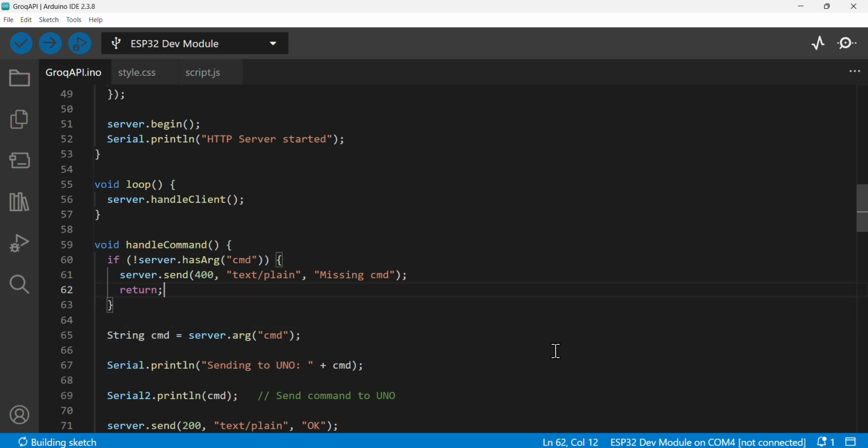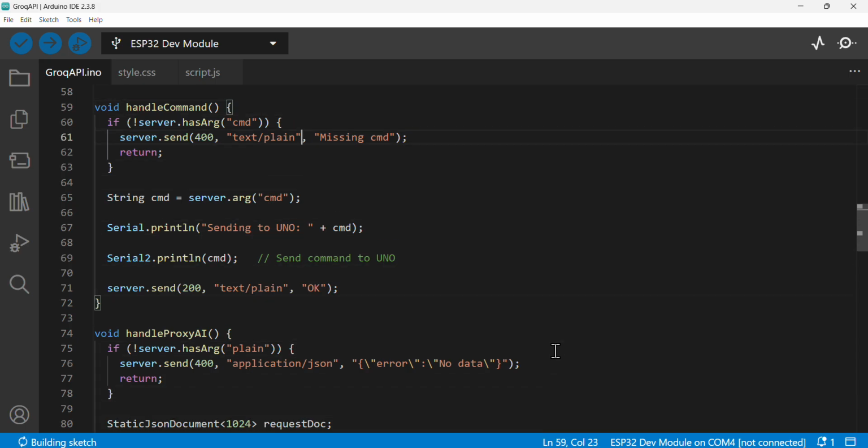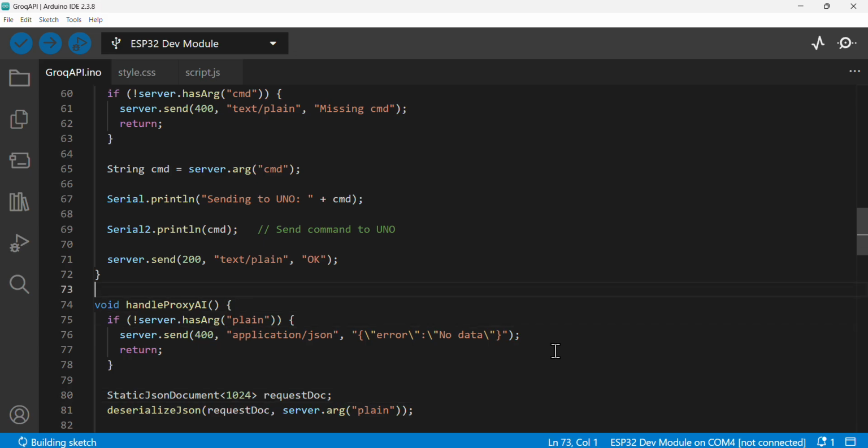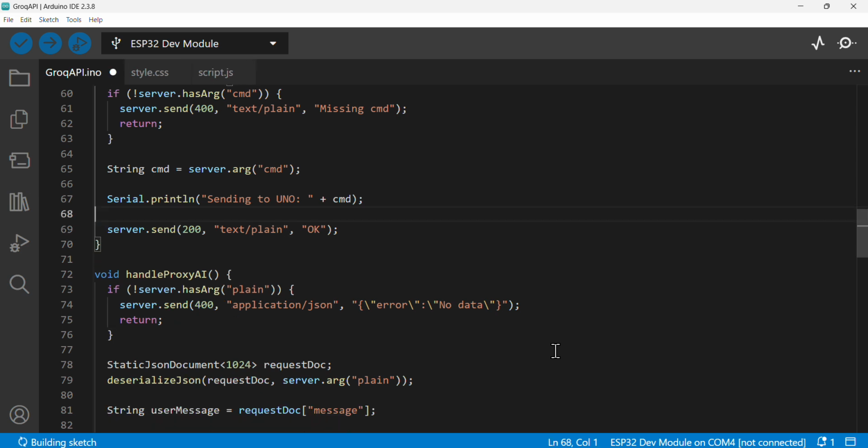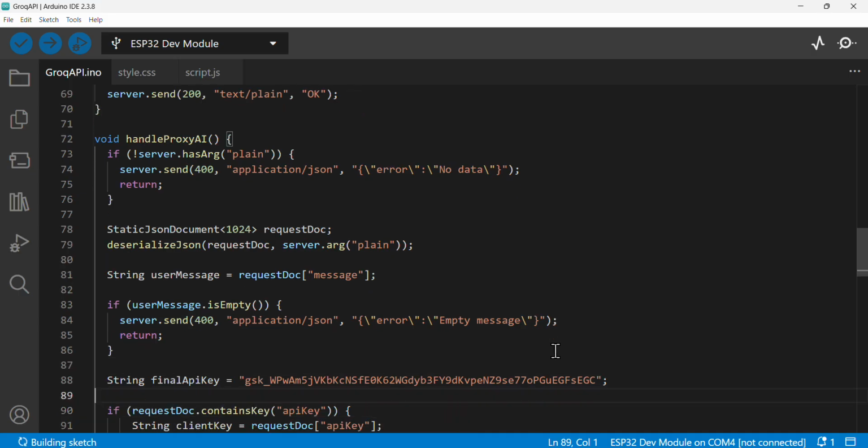And then we have handle client, and then we have handle command. If it has no argument called command, it will send a 400 message, missing command. This is also the same thing. I'll just send a command, not required, I'll just delete that. And then we start sending proxy data to